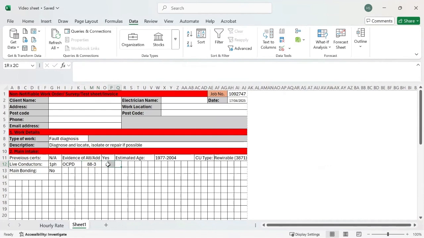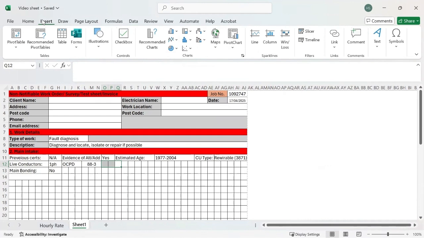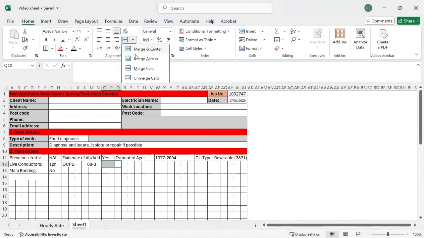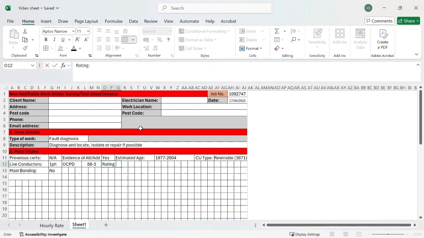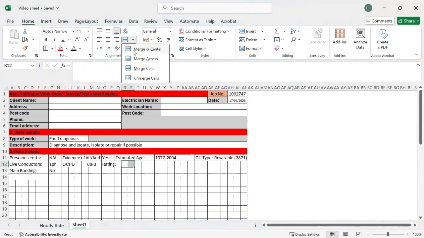So let's do another 3 boxes. Merge them across. No, insert merge. There we go. Merge them. And we want the rating of our supply, right? We need to know that because if the main supply fuse is tripping, right, then it could be the fact that